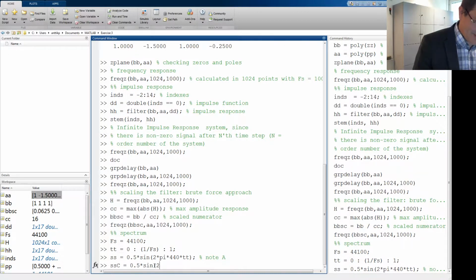Okay. 2 times pi times 440 times 2 to the power of